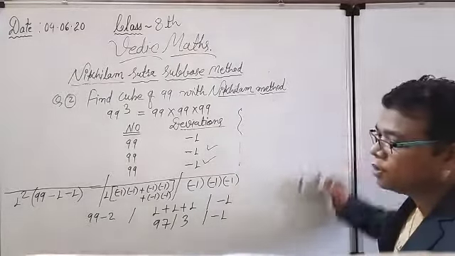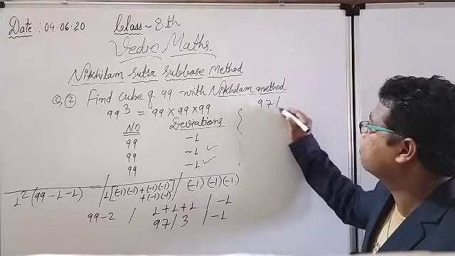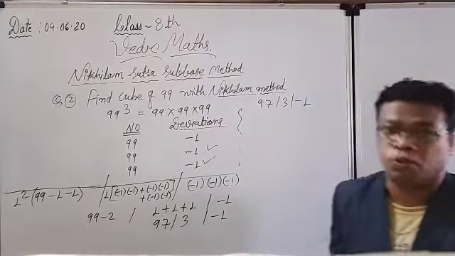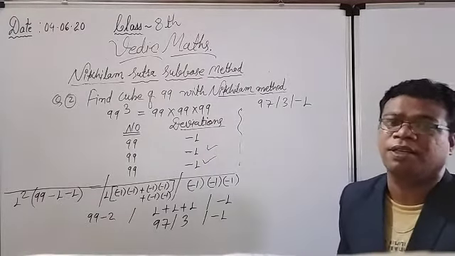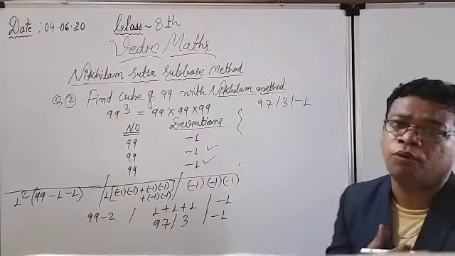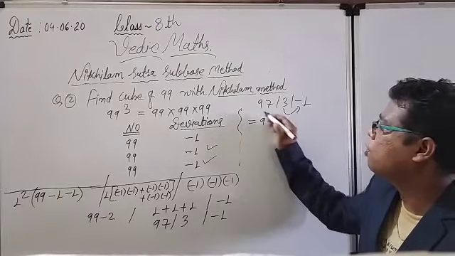See, right now see the hints. Here I am going to solve 97 slash 3 slash minus 1. Again, if I am getting a negative in any of the sections, if I am getting any of the negative digits, so what do I have to do? Actually I have to convert into the positive form. How to convert into the positive form?